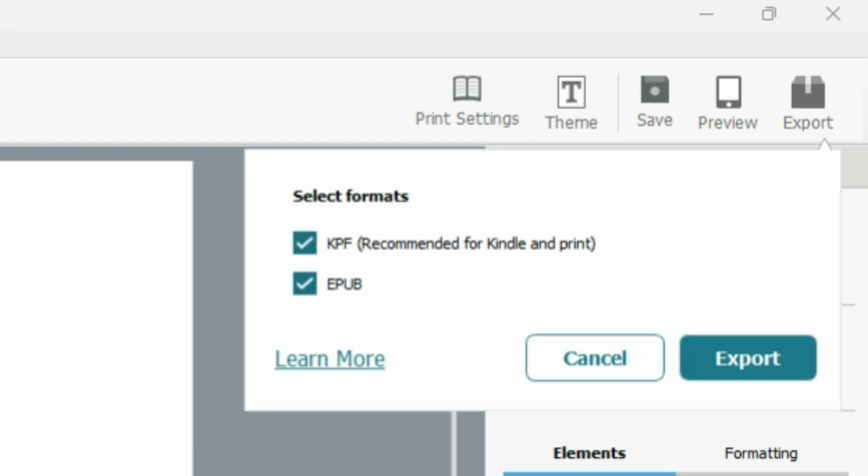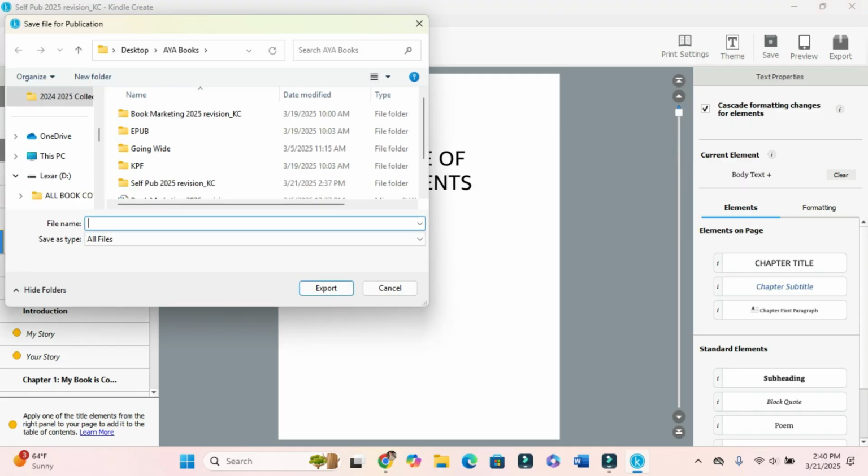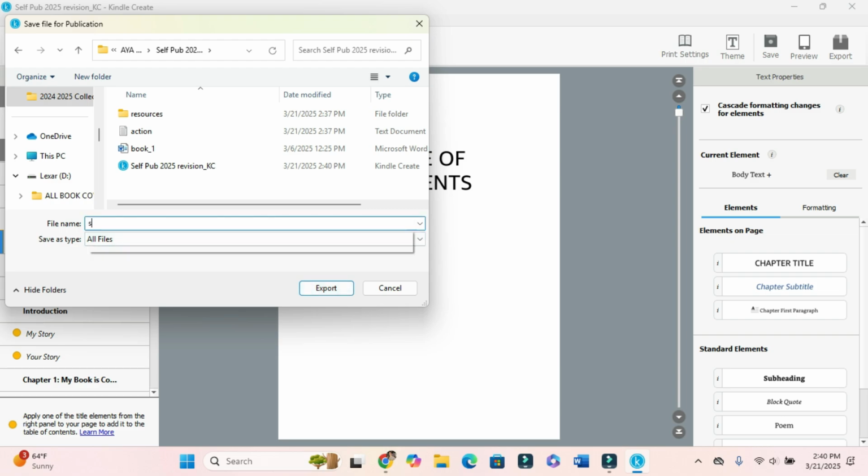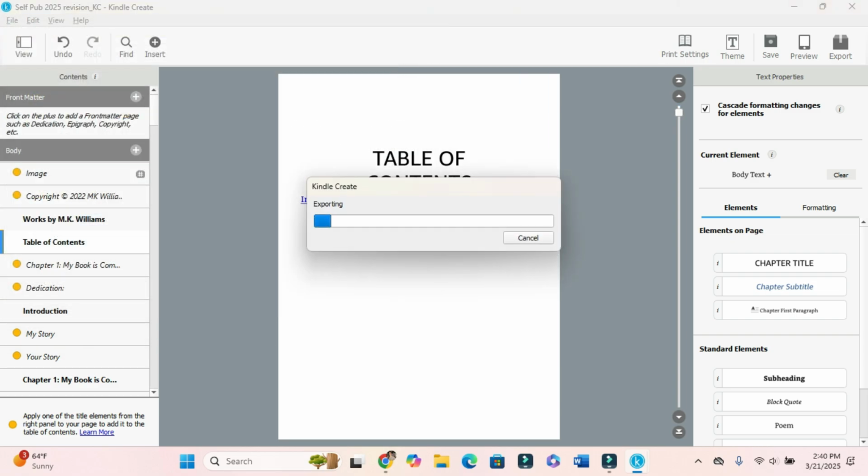So then you're going to click that. You're going to click export. It gives me the same file where I opened from. I'm going to say yes, export. Let's just put this in here. For example. And now it is exporting.